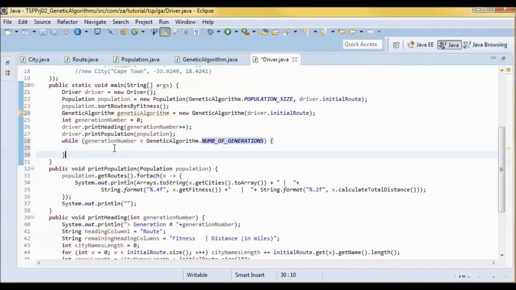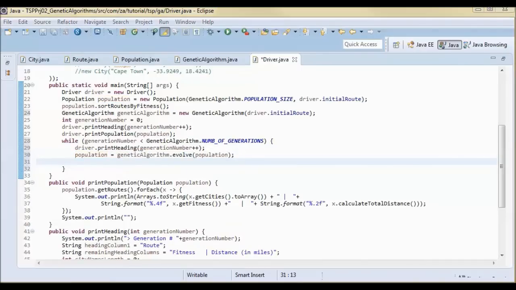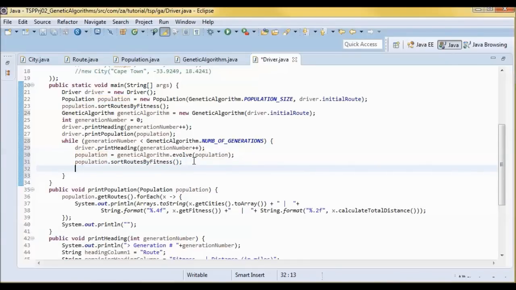So for each new generation, we'll print the generation number, and then we will evolve that population, and sort the routes in that population by fitness, and then print the population in that generation.